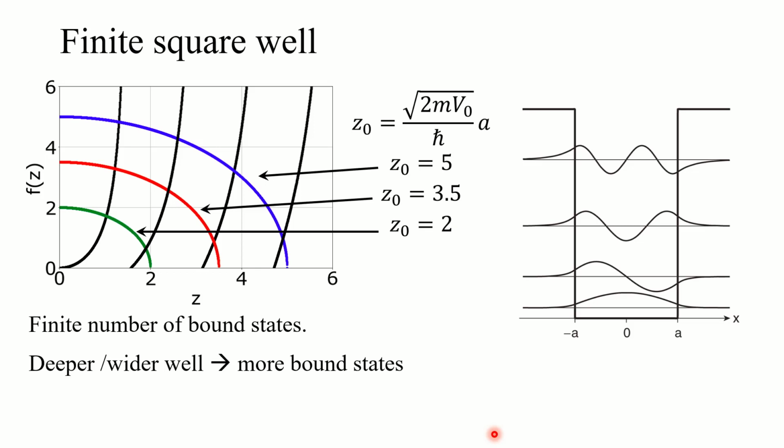I will also mention one more thing. No matter how small we make this well, provided there is a well, there will always be at least one bound state, right? As I make this plot smaller and smaller, there's always going to be some intersection with this first curve here. So there will always be one bound state in any square well. And it turns out for any potential well, there will always be at least one state. Anyway, we'll discuss more about these features in the next video, where we'll compare the finite square well and the infinite square well, and make some comments on how they work,